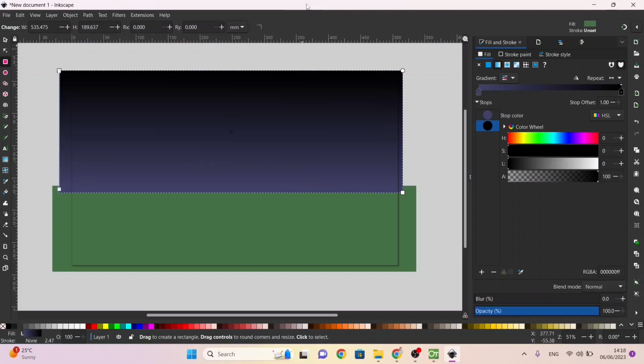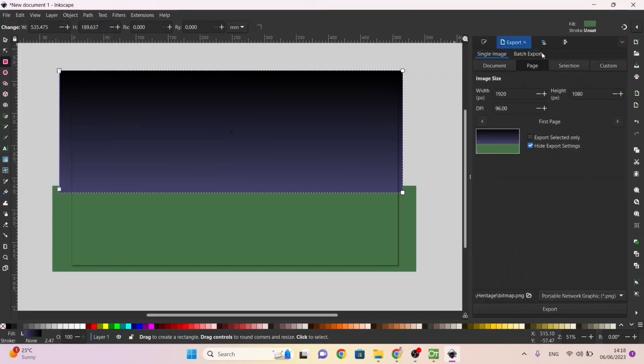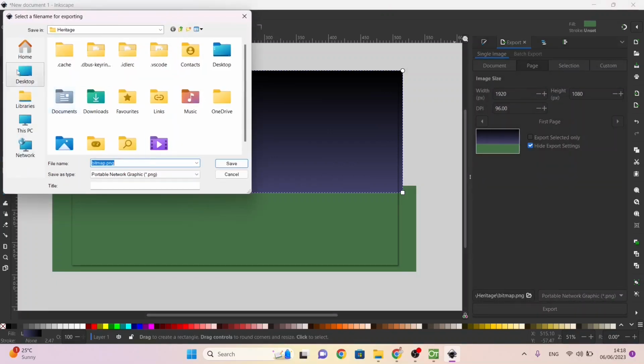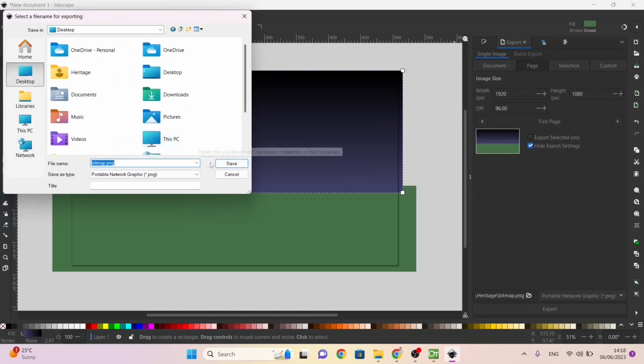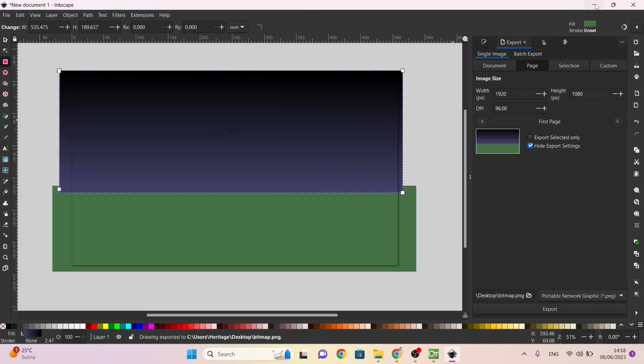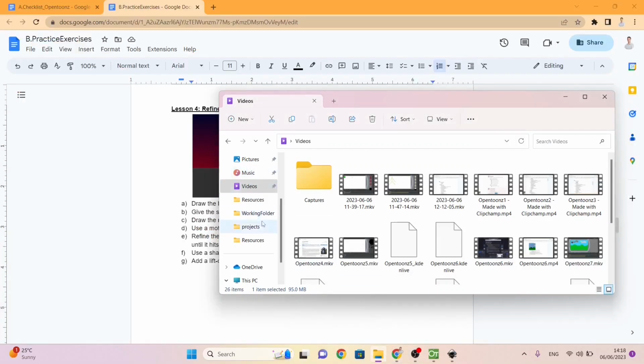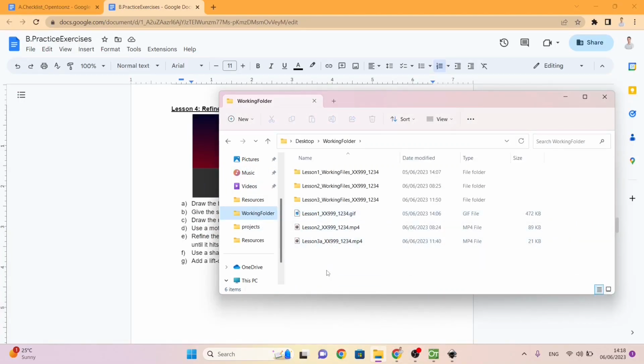So this is pretty good. And now we're going to export it, and we're going to export the page, and we are going to set it to the desktop. We just call it bitmap. Well, you know what? We're not going to call it bitmap. We're going to put it in our working folder, because usually